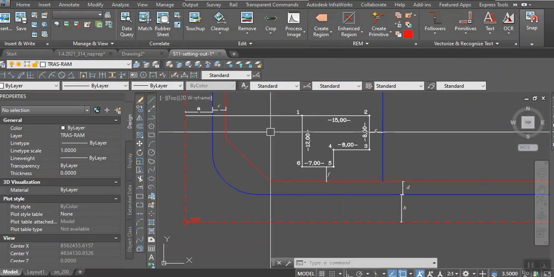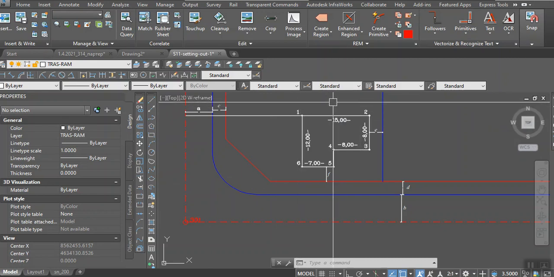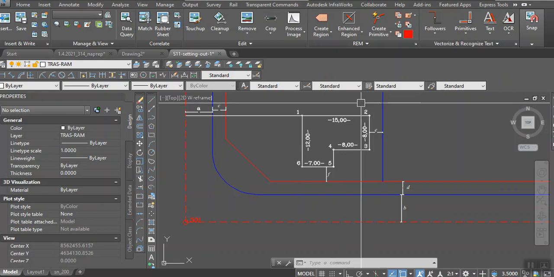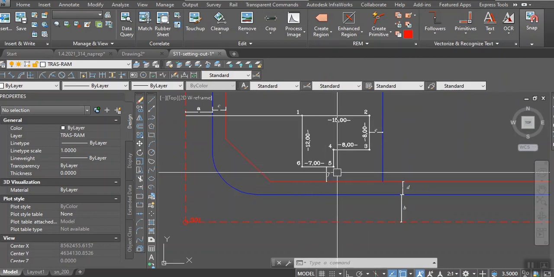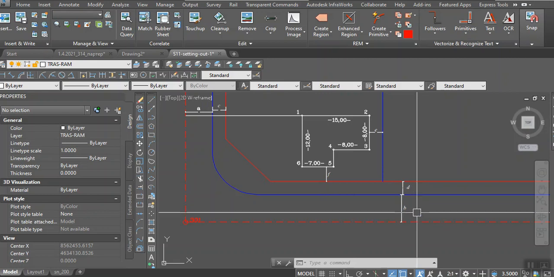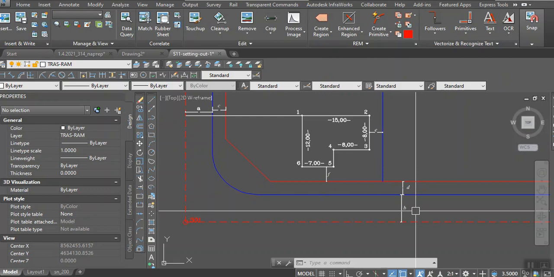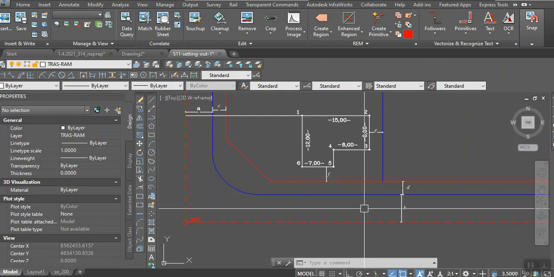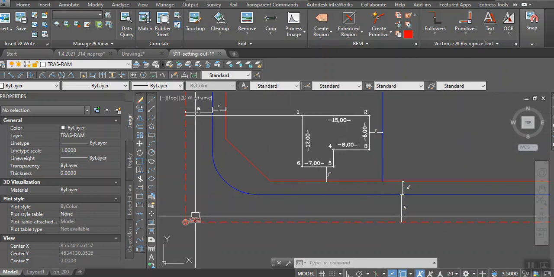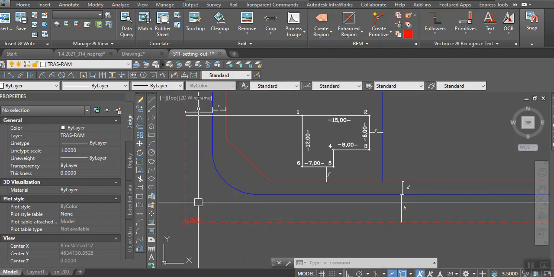So the coordinate x for point 1, which is going to be absolutely the same as the coordinate x for point 2, is going to be the distance, this side of the building, plus the distance F, plus the distance D, the width of the sidewalk, plus the distance B, the width of the street. And when you calculate this distance, this is the coordinate difference from point 1 or 2 to the given certain line point. And finally, to calculate the coordinate